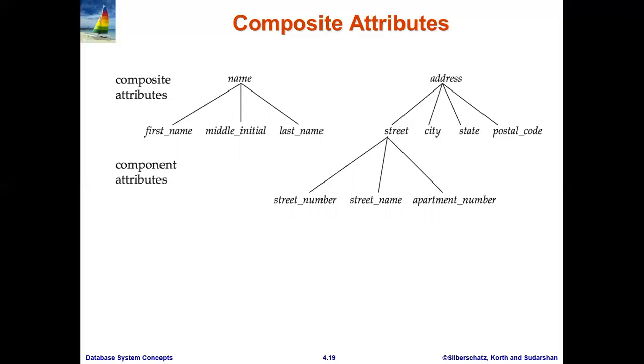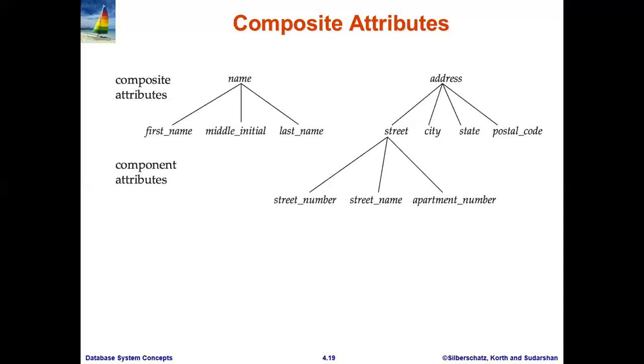Even if we take roll number and we are writing roll number TE01, we can divide it as TE, as third year, and 01 as the roll number. So our roll number can be divided if it is in the form of TE01, which is a combination of strings and numerics. Then it also has subparts. In that case, that roll number will become a composite attribute. But if in roll number we are writing only 0, 100, 19, only numerical values, then it is not dividable. Then it becomes a simple attribute.